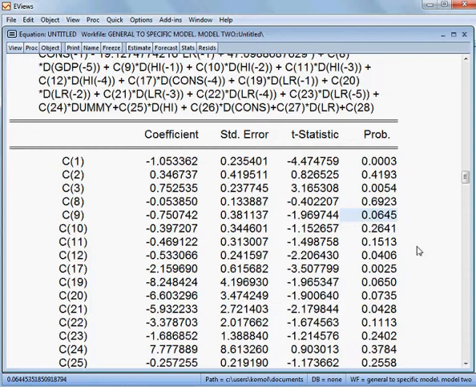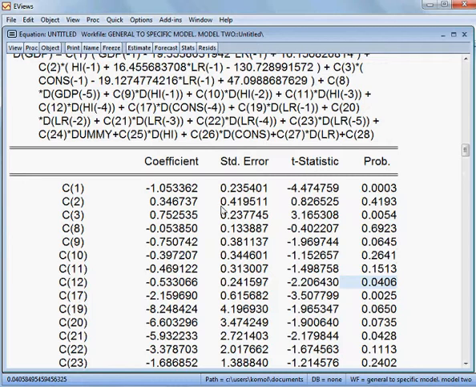Okay, then what about C10, not significant. C11, not significant. C12, yes, it is significant. But what is C12? C12 means housing investment, right? Okay, this is C12. It is significant, but the problem is that the sign is negative. So we cannot accept the result. The sign should be positive, right? Then C17,